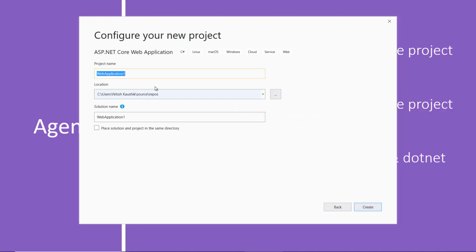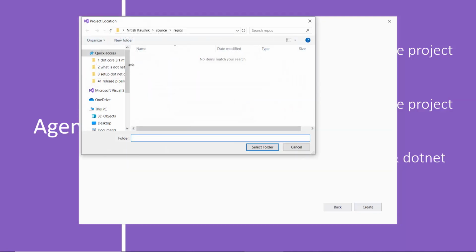Here you have to enter the name of your project. Suppose I'm writing first MVC Core app. Then you have to choose a location for the storage of all the files of this project. By default, this one is selected. If you want to update it, you can click on this button and choose a location for this project.